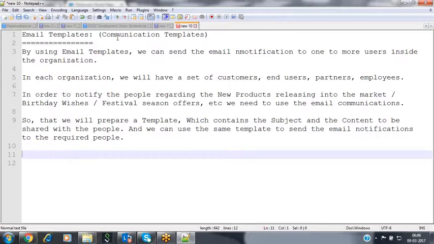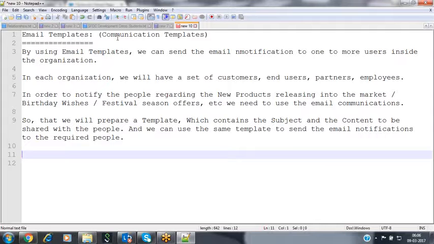But in Salesforce, do we need to configure these SMTP servers? No. Salesforce has already configured the SMTP servers for you. No need to configure any servers explicitly here. You just prepare the subject and the content, and you can send that email notification to whomever you want. Based on the email ID, it will send the notification to those people.